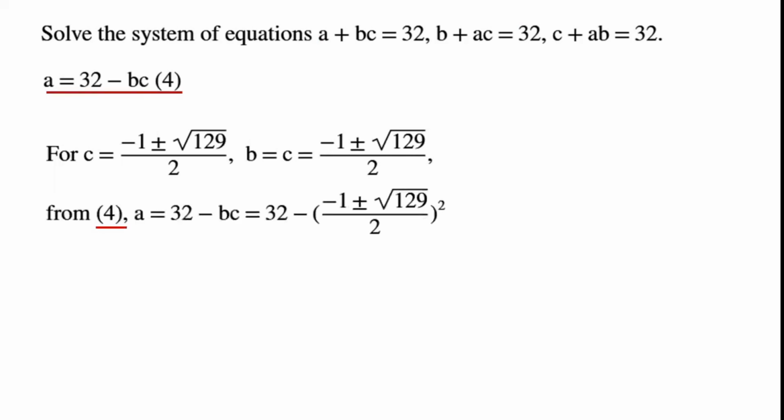From equation 4, A equals 32 minus BC equals 32 minus ((minus 1 plus or minus root of 129) over 2) all squared,